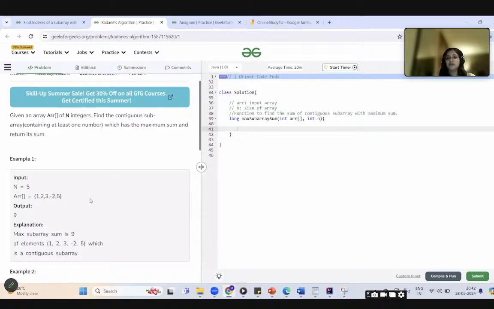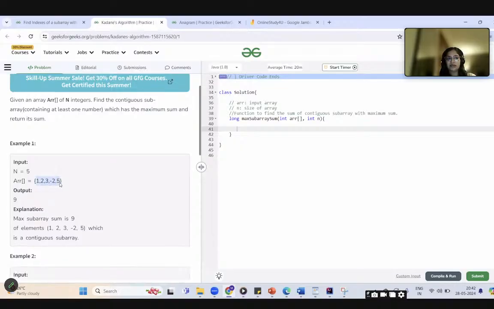This is not a subarray because there is a break between these elements. They are not adjacent to each other. That is a subsequence. But 1, 2, 3, minus 2, comma 5 is another subarray. So we need to find one such subarray which leads to the maximum sum.